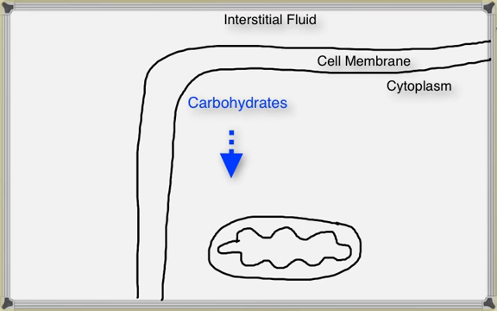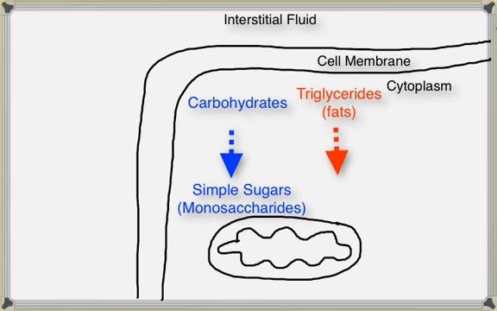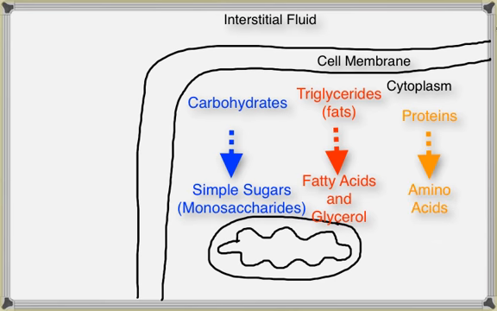Basically, carbohydrates break down into simple sugars or monosaccharides. Triglycerides or fats are broken down into fatty acids and glycerol, and proteins are broken down into amino acids. These smaller organic molecules can continue to be broken down in the process of catabolism and then be absorbed by the mitochondria. In the mitochondria, enzymes will continue to break these organic molecules down, and this activity will produce significant